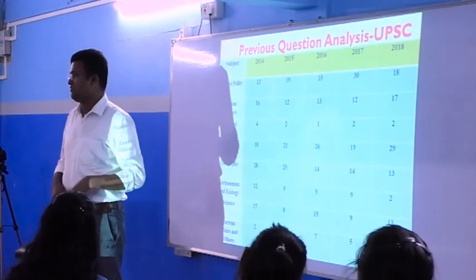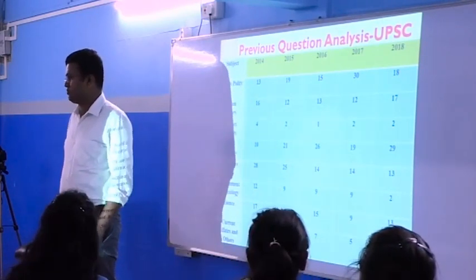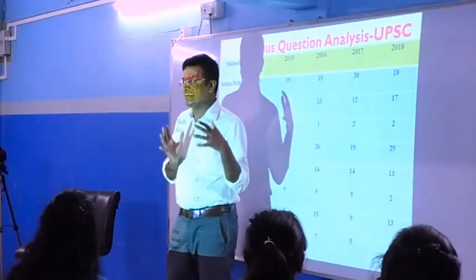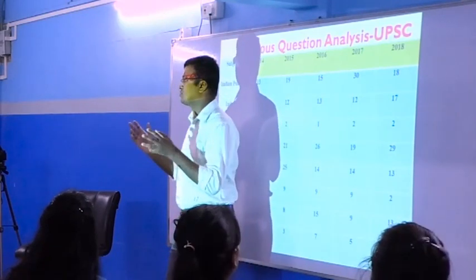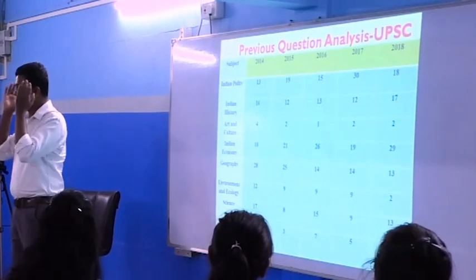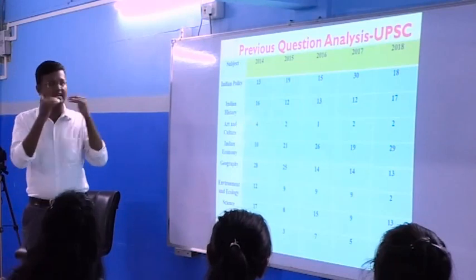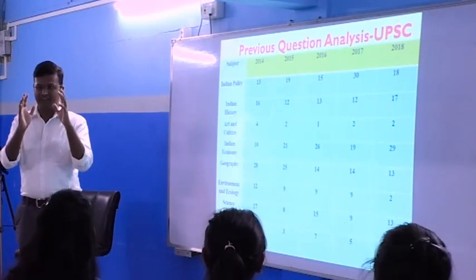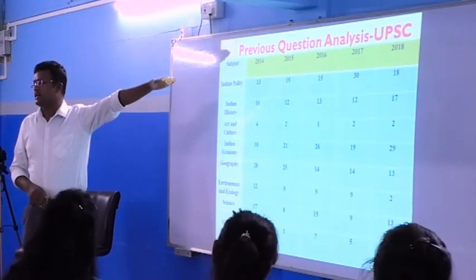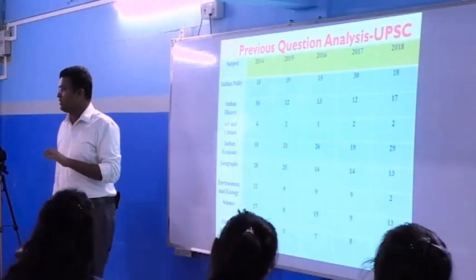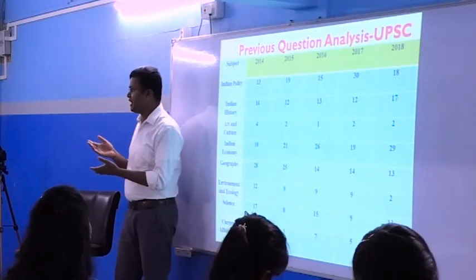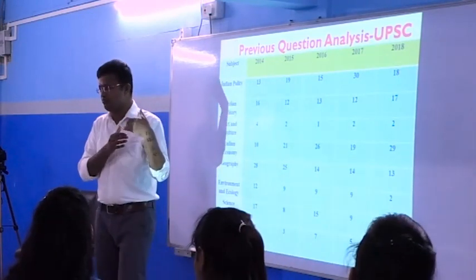APSC may ask you which article talks about the abolition of untouchability, and Article something is the answer. That is a direct question. But UPSC will never ask you a direct question from the textbook. They will manufacture the question for the examination. That is why, by studying the textbook, you gain the knowledge, and after that you have to analyze the answer. With the ingredients in your mind, you have to analyze whether this is a correct answer or a wrong answer. Very hardly can you get a question directly from the textbook, but you will be able to answer the questions going by the textbook.